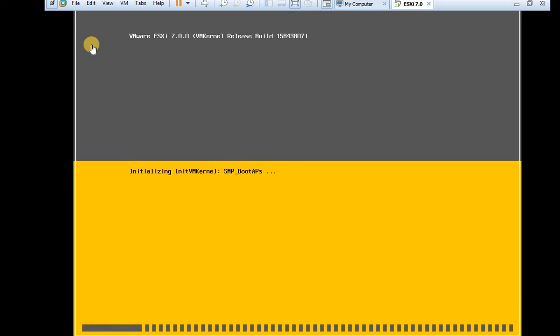Here initialization is going on. As I told you before, the VMware ESXi 7.0.0 VMkernel release build version, VMware Virtual Platform. I am using AMD Radeon HD graphics 5 GB. I have given 5.7 GB of RAM to this VM.